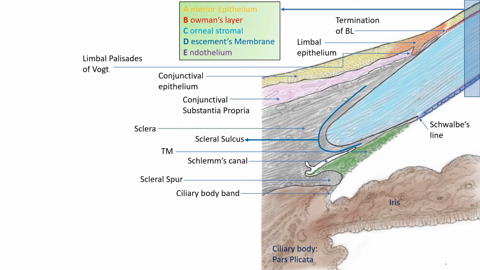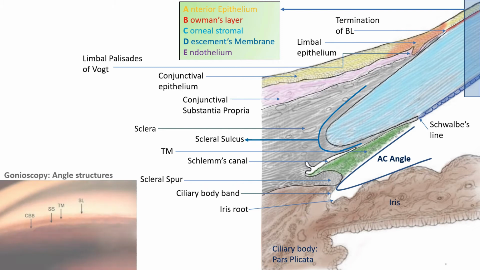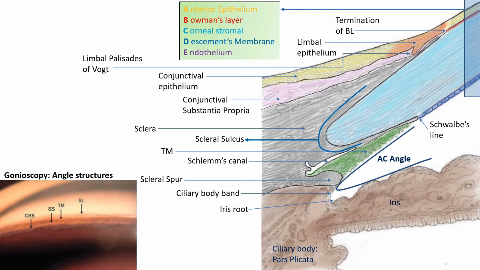After the ciliary body band, we can see the root of the iris. Now all these structures, the Schwalbe's line, the trabecular meshwork, the scleral spur, the ciliary body band, and the root of the iris are nothing but the structures that constitute the anterior chamber angle, all of which can be viewed on gonioscopy. So if you see this gonioscopy photo over here, the Schwalbe's line is seen as a faint thin line above,